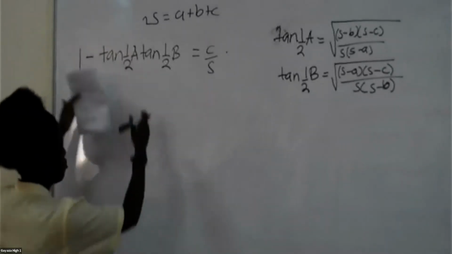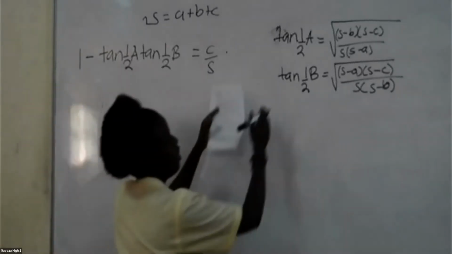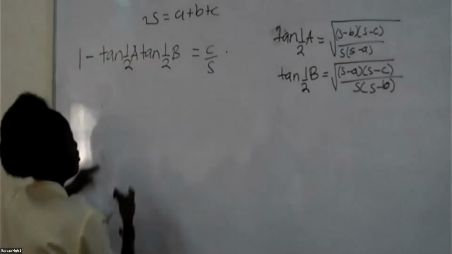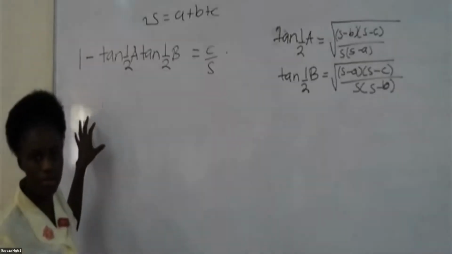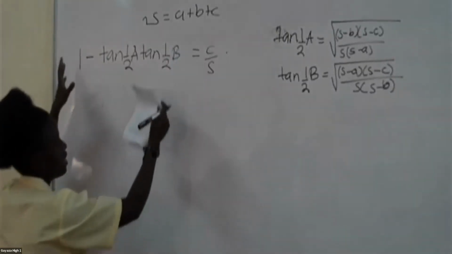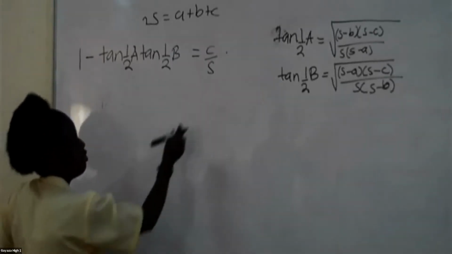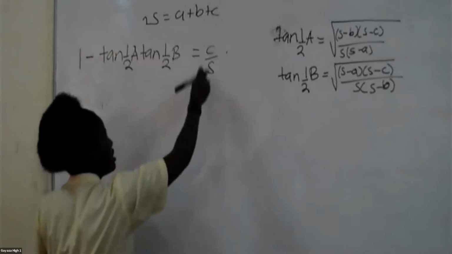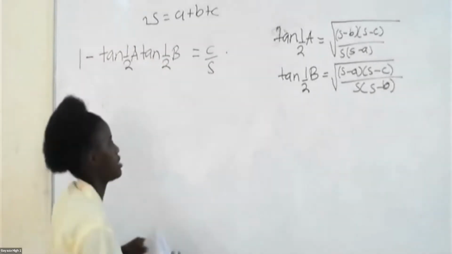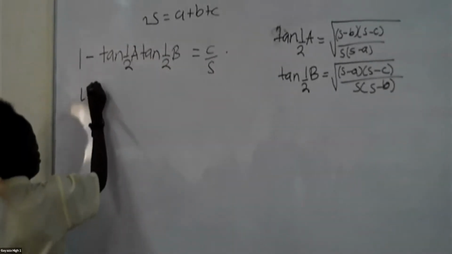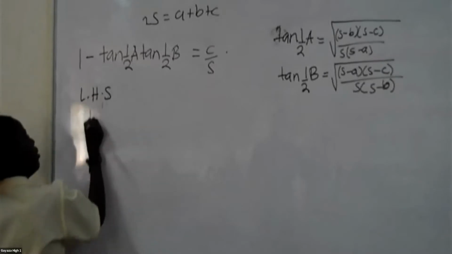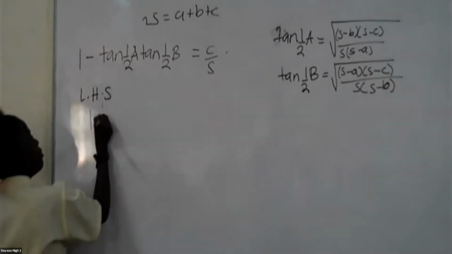So I'm going to substitute in this and I substitute in here. Every time you prove or show something, it's better to use the side that has a lot of things because you can easily work them, because from here you have to substitute for c and it will be a longer process. So you have, using the left hand side, 1 minus tan a half of A,